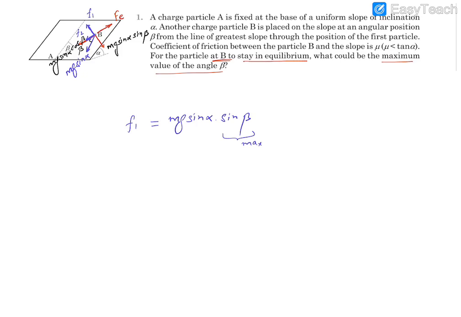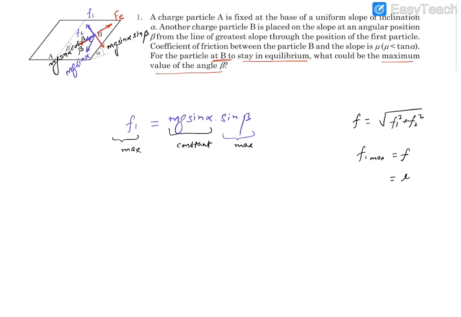Moreover, these other numbers are constant, so they are fixed, they are given to us. So what we can deal with is that this number has to be maximum. Now this F1 is basically related to the total friction. If we say the total friction is F, this is going to be the square root of F1 squared plus F2 squared. We want F1 maximum. So can we say from here that F1 maximum is going to be equal to the total friction? So the total friction will be the maximum value of this component.